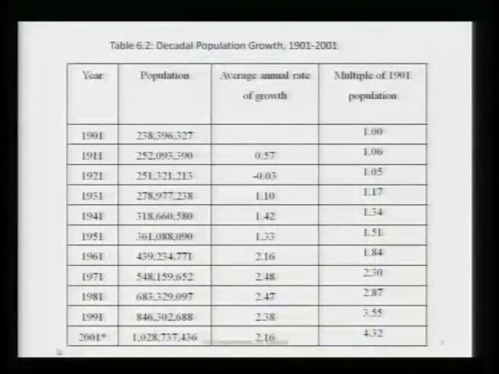Several parts of India, particularly North India, had an influenza epidemic in which lakhs of people are believed to have died. And due to that epidemic, our population declines to 251 in the next census. After that, the population grows to 278, then 318, and you find that there is a continuous rise in the rate of growth of population. In the 2001 census, the last census of India, we enumerated